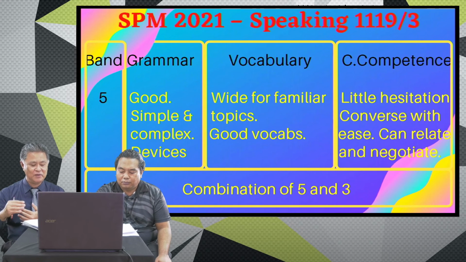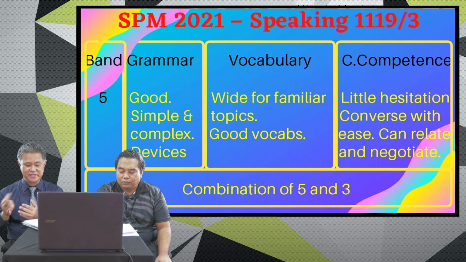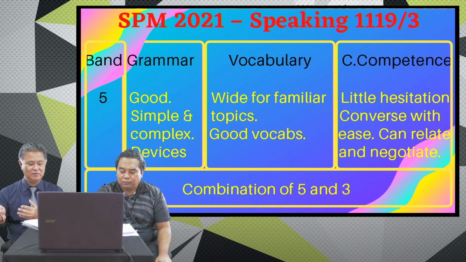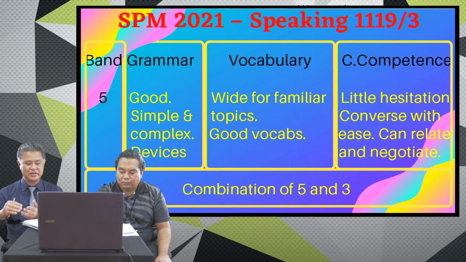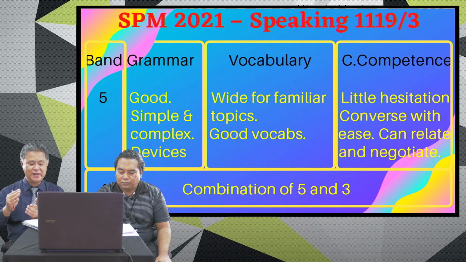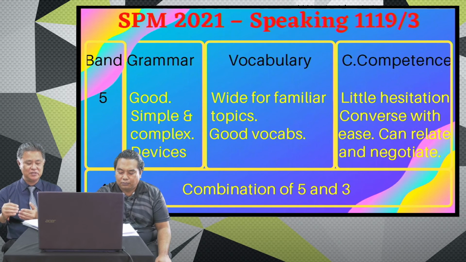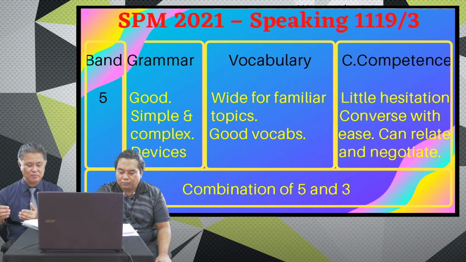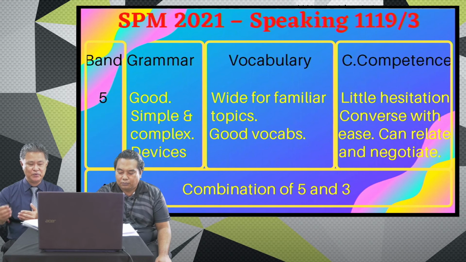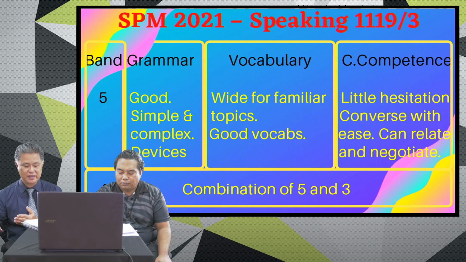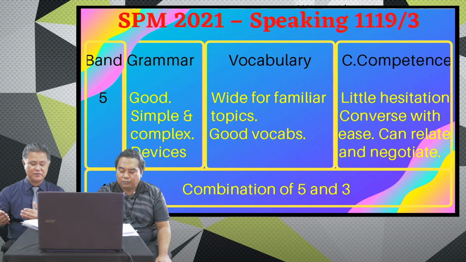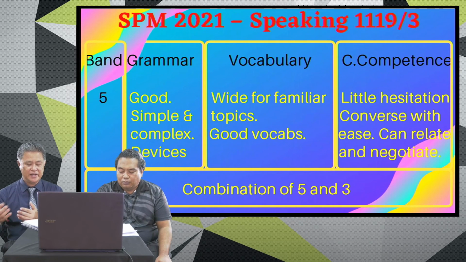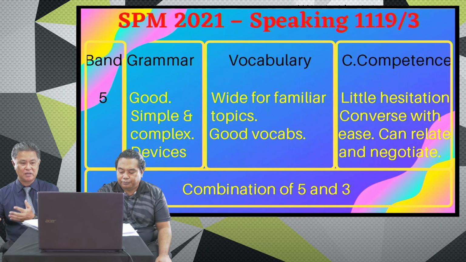For band 5, compared to band 6, band 5 students produce good grammar. Band 6 students have high levels of organized grammar, but band 5 students produce good grammar using some simple and some complex grammar with language devices. They have linking words, phrases, conjunctions and coherence, and they use wide and good vocabulary